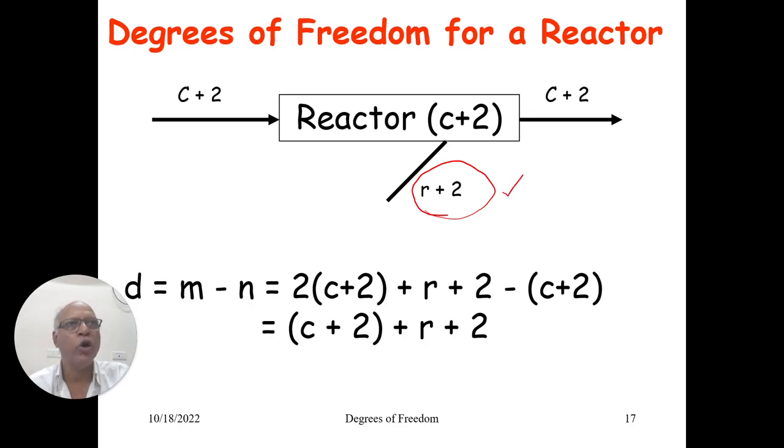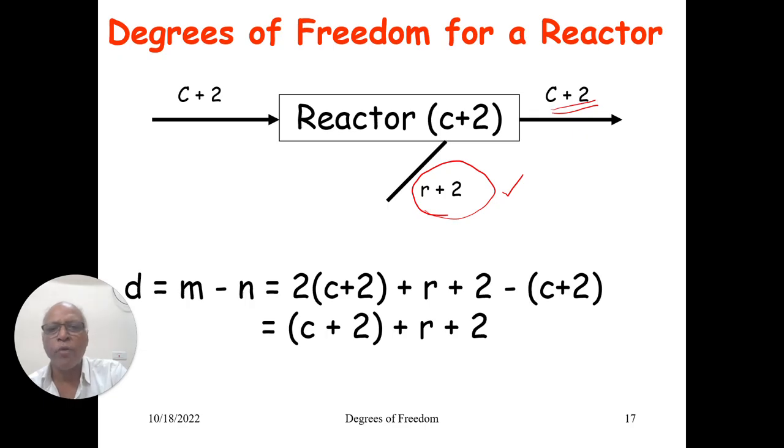For example, if you go into a kinetic reactor like CSTR and PFR, the number might even increase. You need to define the kinetics, the temperature dependency of the rate constant, and so on. So be careful. For all the reactor models, this may not be the degrees of freedom. So once again, using the same concept, because the number of degrees of freedom associated with all output streams is C plus 2, I'll be able to write C plus 2 equations. Whatever I am writing within the blocks is indicating the number of independent equations.